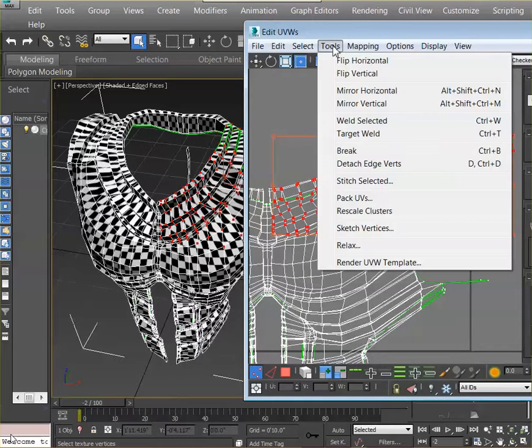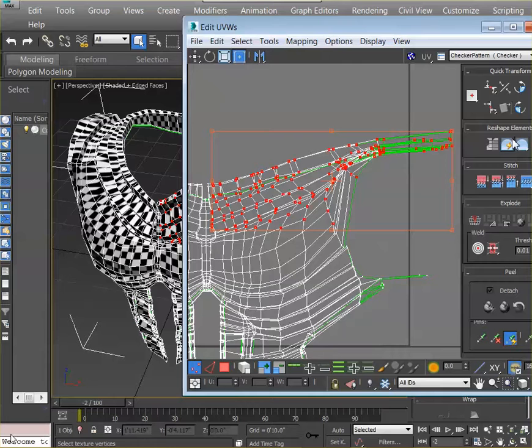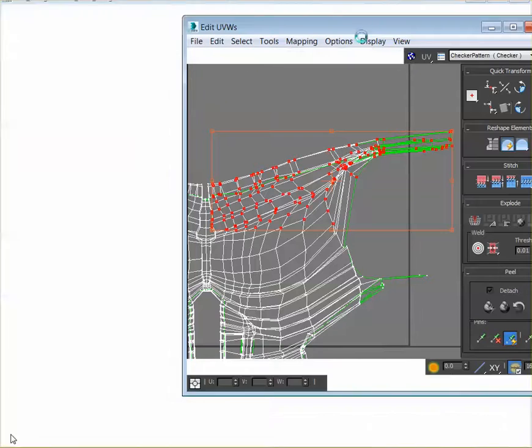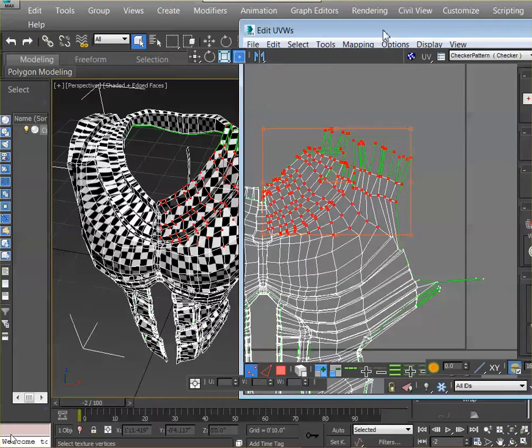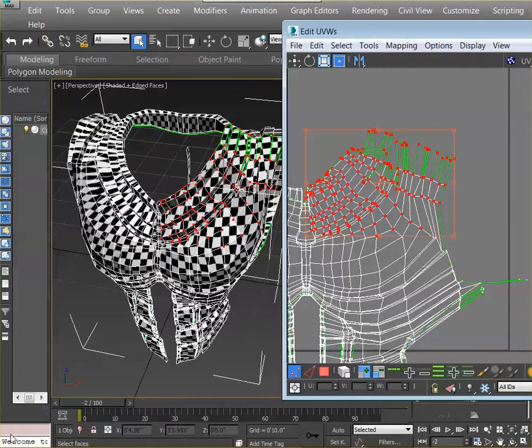Then from there, there's a tool here that you might want to check. It's Reshape Elements, Relax onto Flat. And with those selected, let's see what happens on the UV editor. It might take a little bit, okay. See, compare this area with this left area. You see how much better placement you're starting to get. That is the ultimate goal, to keep relaxing